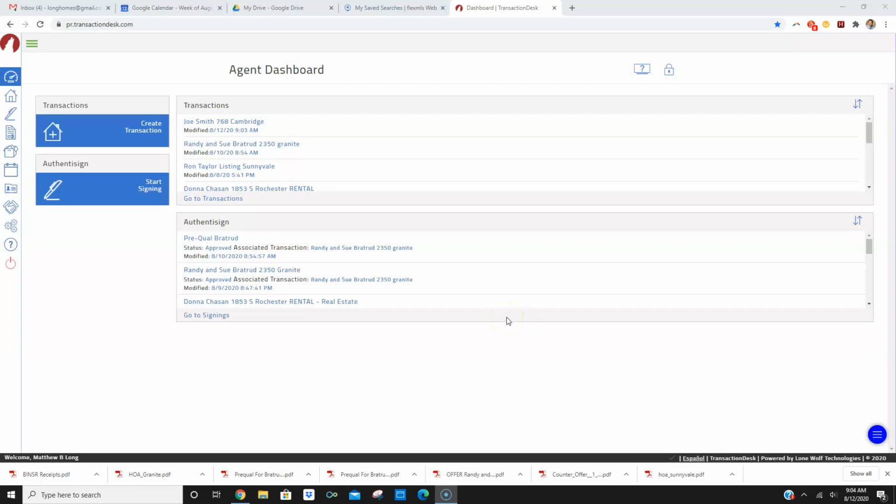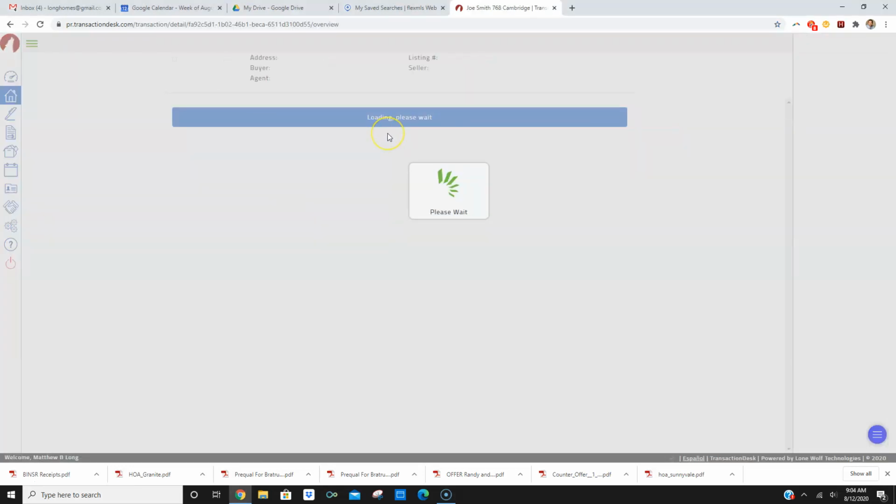This is another one of our 101 level purchase offer forms type classes. This one we're going to go over the buyer contingency addendum. This is one that you're going to know about when you're writing your purchase offer. So just by way of reminder, once you get logged in here to your